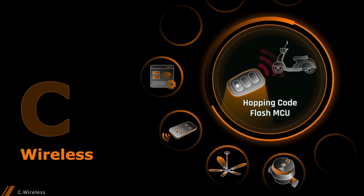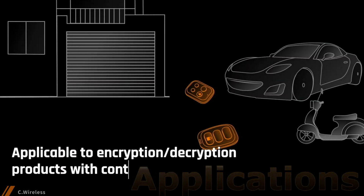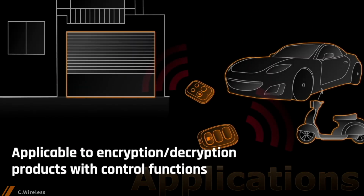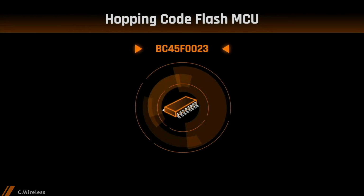The next one is the hopping core Flash MCUs. The hopping core transmission has higher privacy in wireless applications by using encryption and decryption to ensure the transceiver condition is safe. The hopping core technology is widely used in remote controls for automotive, scooter, and home security systems. Holtek released the hopping core Flash MCU this year with part number